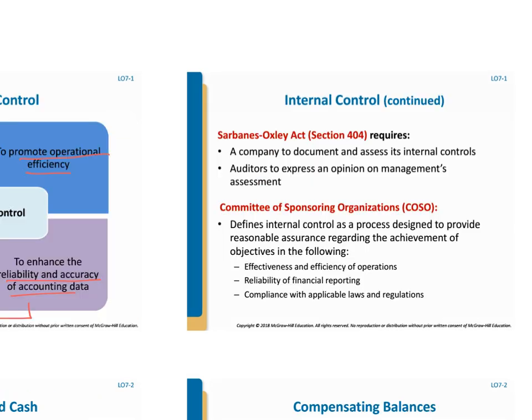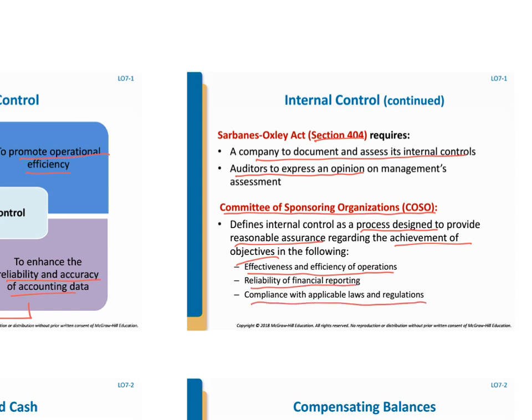Some of the main titles of Sarbanes-Oxley dealt heavily with internal control, particularly Section 404, which required a company to document and assess its own internal controls, as well as to have auditors express an opinion on internal controls. One of the most authoritative bodies we have in accounting on internal controls is COSO, or the Committee of Sponsoring Organizations, which put together a definition of internal controls, indicating that it's a process designed to provide reasonable assurance regarding the achievement of objectives in 3 areas: effectiveness and efficiency of operations, reliability of financial reporting, and compliance with